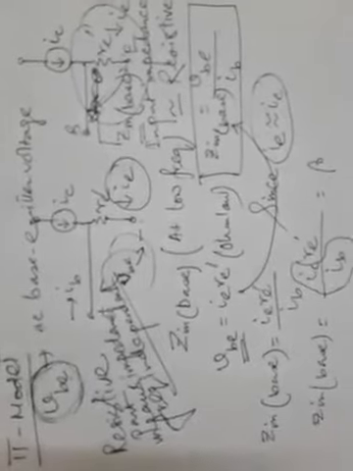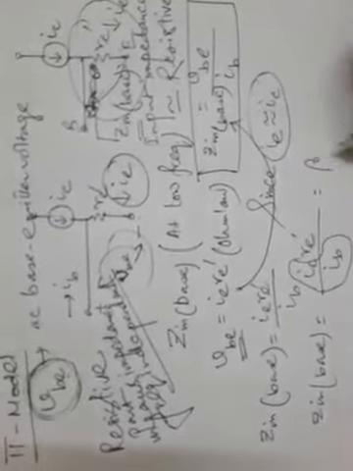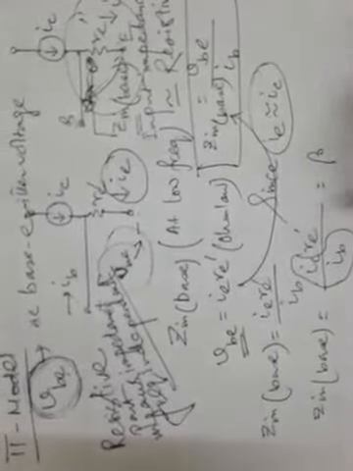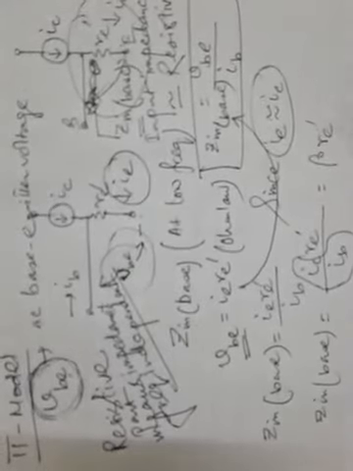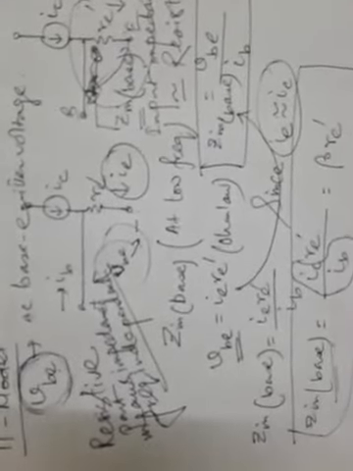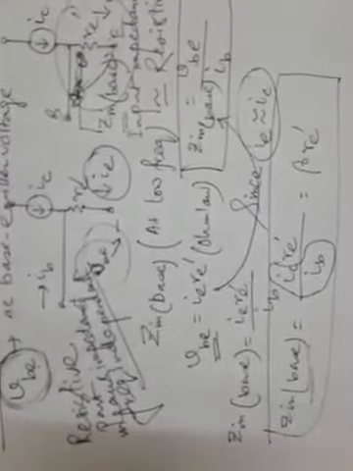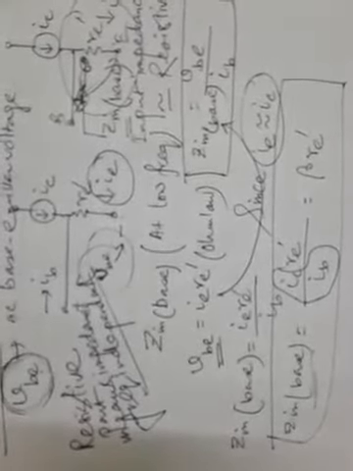Since it is beta AC, we are not writing AC here, because without writing anything as AC or DC, it will mean it is AC only. So it is beta AC times RE dashed. This is another equation where the input impedance of the transistor amplifier is equal to beta times the AC emitter resistance. This is another important formula for solving problems. This equation tells us that the input impedance of the base is equal to the AC current gain times the AC resistance of the emitter diode. So please try to remember this formula for solving different numericals.